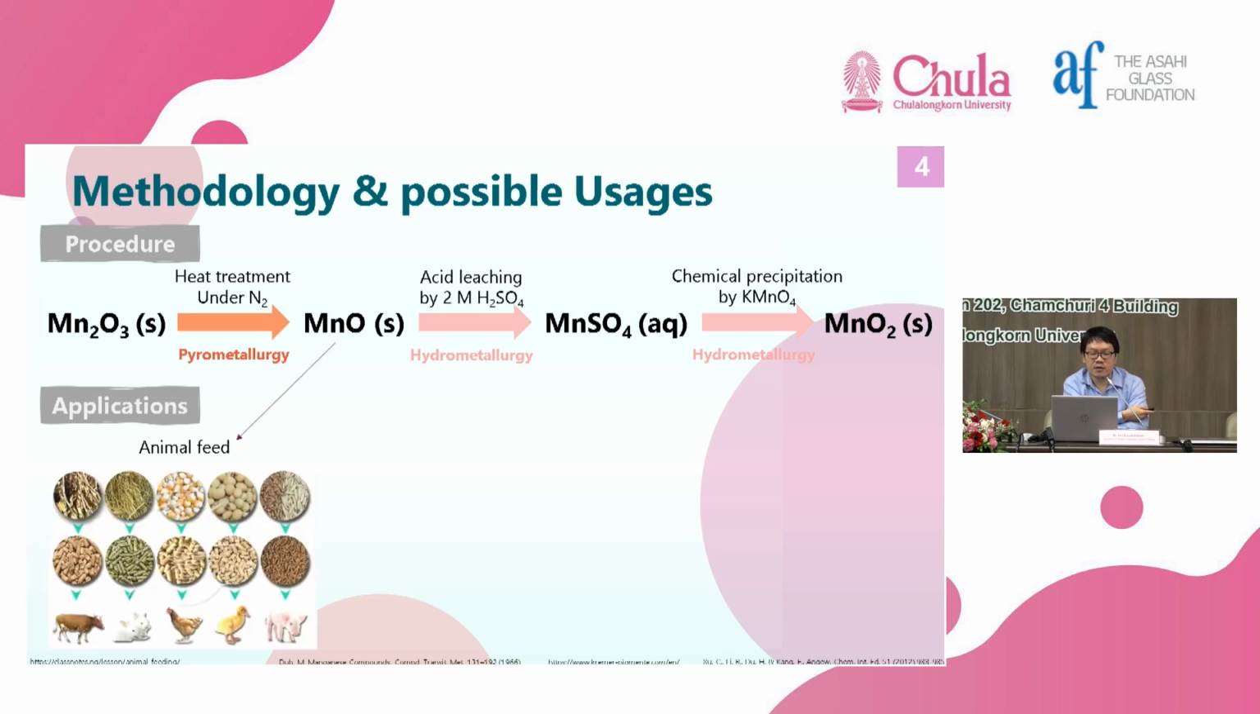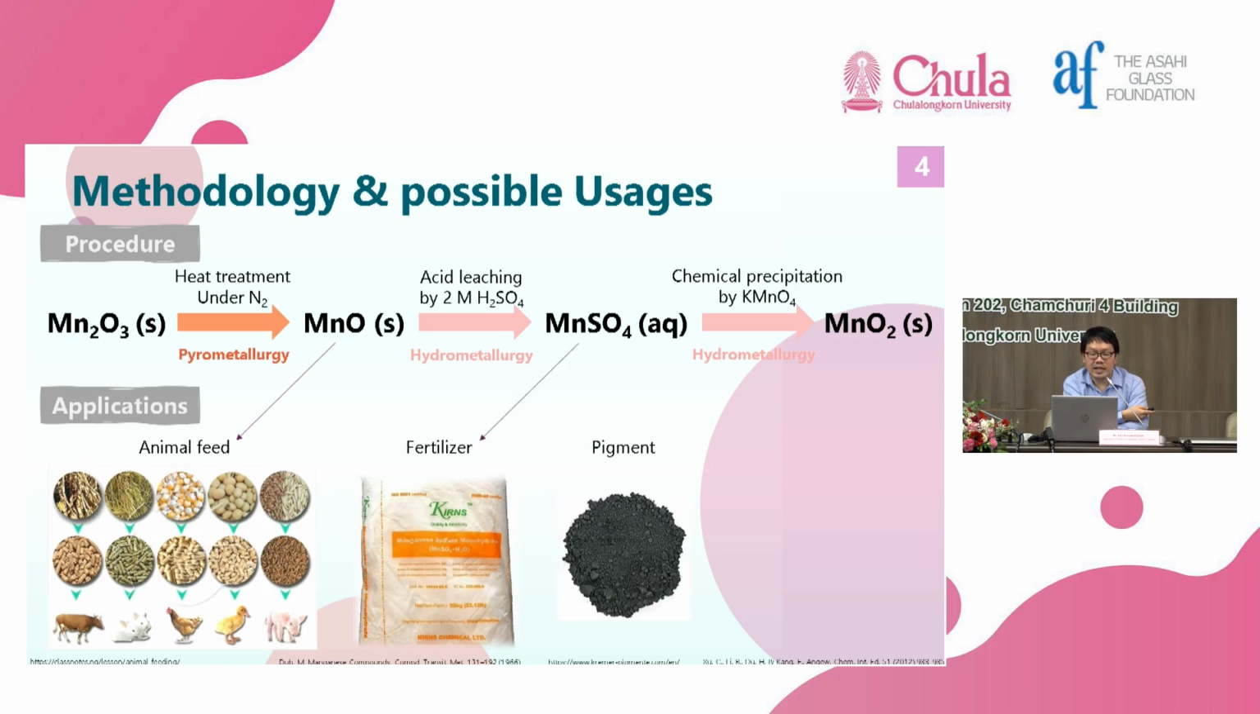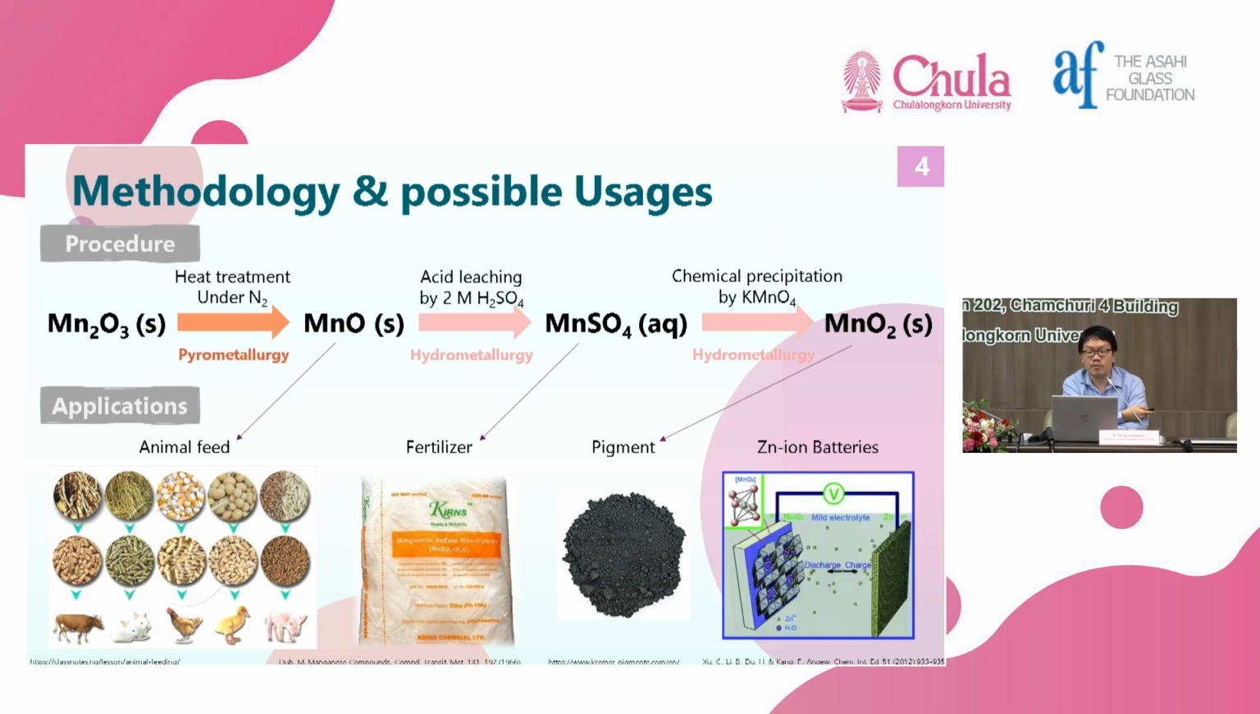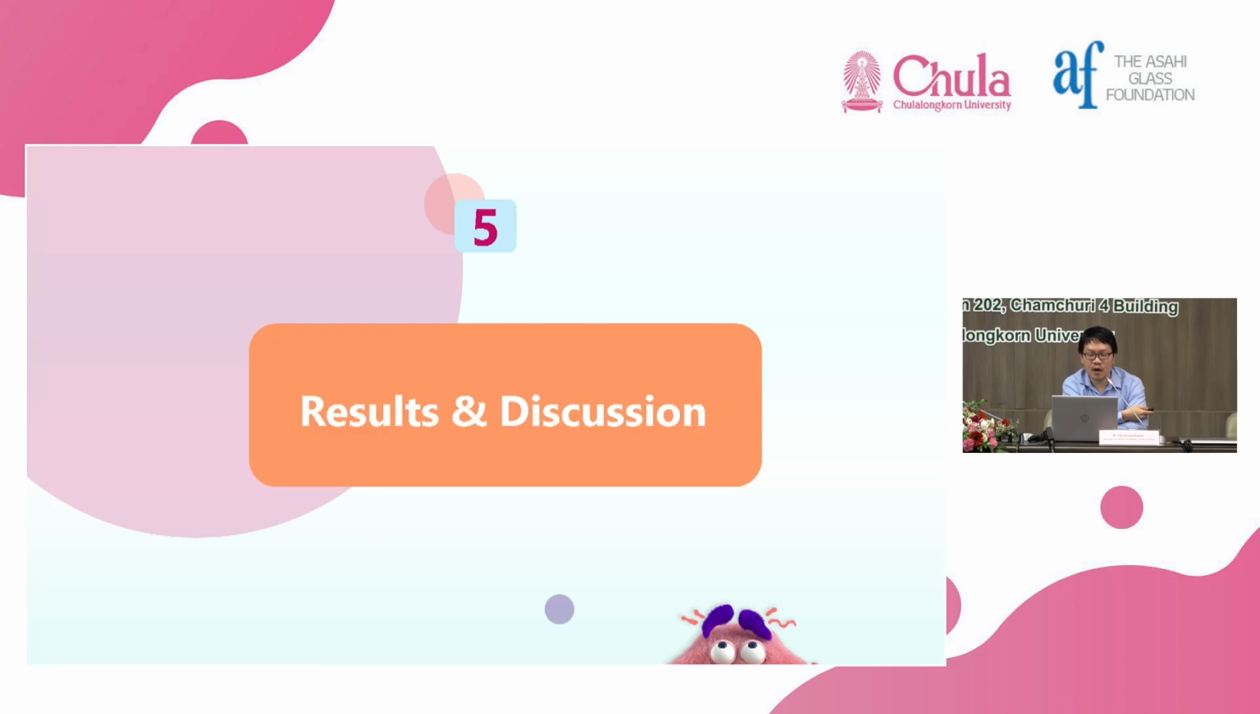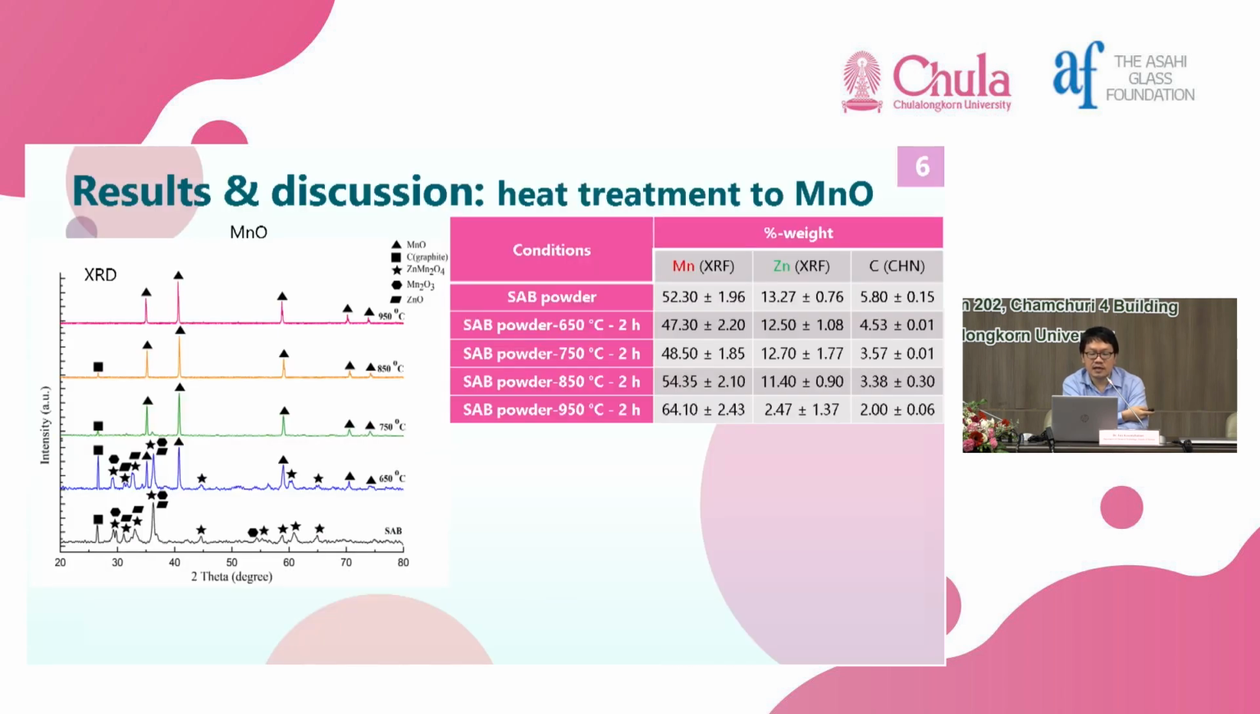So if we take a look at the applications, a range of applications could be drawn from this compound: animal feed, fertilizer, pigment in ceramics or paint, and then the Zinc-Ion battery is the main focus here. So for the results and discussion, first,